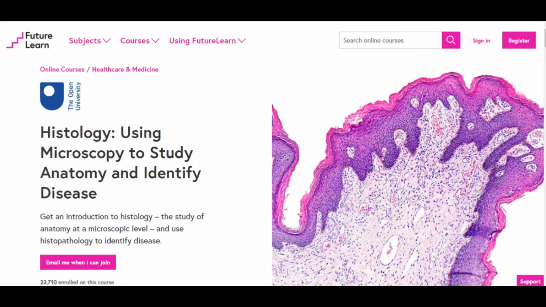Then again from FutureLearn, we have another course, which is histology. Histology is really important, especially if you want to go to the pathology side. On the pathology side you see the slides and different pathologies, right? So first you should know the basic anatomy, the histology, and then you come to histopathology. For histology you should know some basic biology, and then you can do this course. Histology sometimes becomes really complicated for students. For me it was really difficult, but if you do this course you will learn a lot, slowly, and you will learn the basic anatomy in histology. I think this is the only histology course I could see.